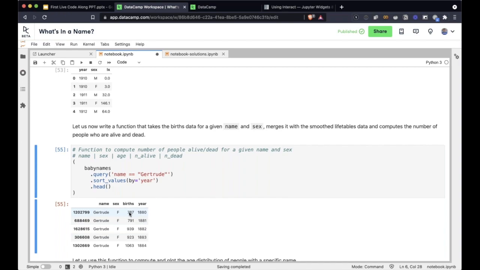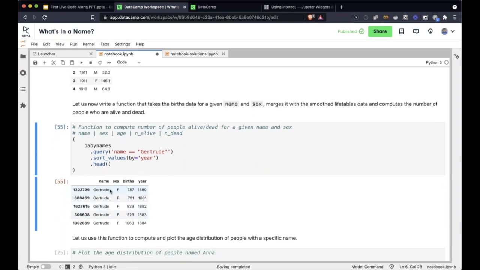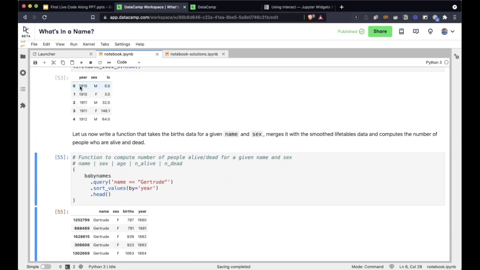So we have this. Now what we want to know is how many Gertrudes born in the year 1880 are alive in the year 1920. We don't have data for 1880, so this data will drop off. So let's start with the year 1910. That's when we have the earliest data. So 1880 will not really surface, and it's unrealistic to expect somebody born in 1880 to be alive today.